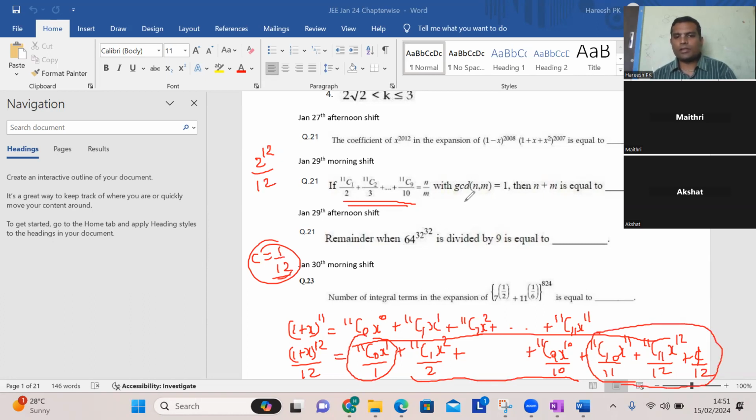So 2 power 12 is 4096, 4096 by 12. And 11C0 is simply 1. Whatever are required terms, I'll call that K. Whatever are not required terms, 11C10, 11C10 is 11 only. 11C11 is